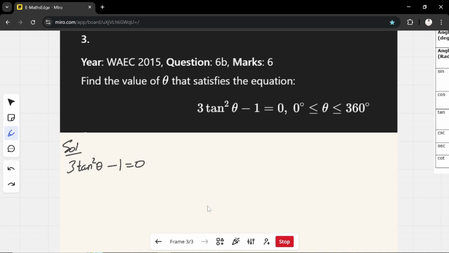The first thing to do is to take this negative 1, which is the constant number in this equation, to the right hand side. So we are going to have 3 tan squared theta equal to 1. When a negative sign crosses the equal sign, it turns positive, and whenever a positive number crosses the equal sign, it turns negative. Okay, so with this, we are going to